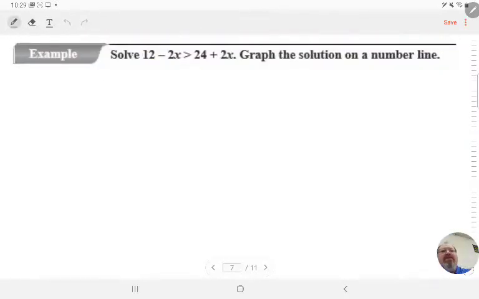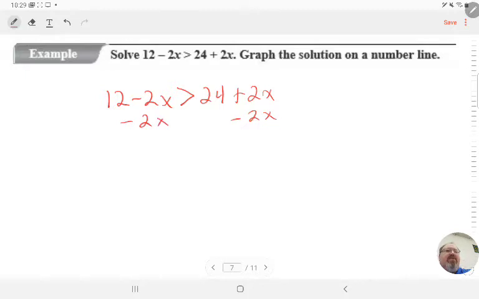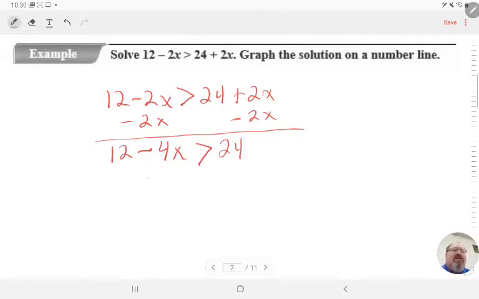All right, let's solve one. We have 12 minus 2x is greater than 24 plus 2x. All right, so I can subtract 2x from both sides. Bring down my 12, negative 2x minus 2x would be negative 4x is greater than 24, and 2x minus 2x is 0. So then I would subtract 12 from both sides, and that gives me negative 4x is greater than